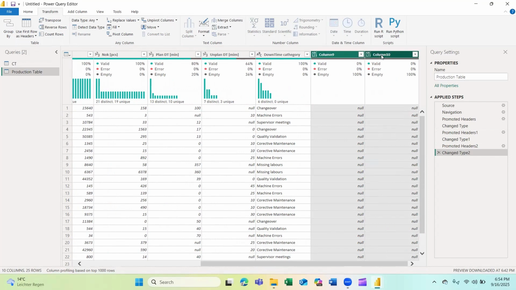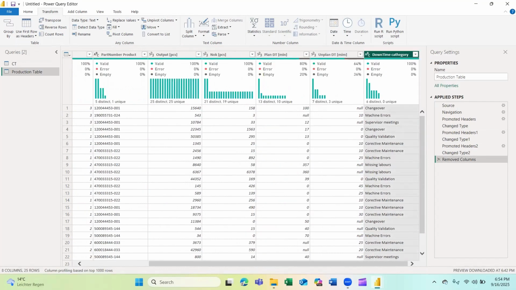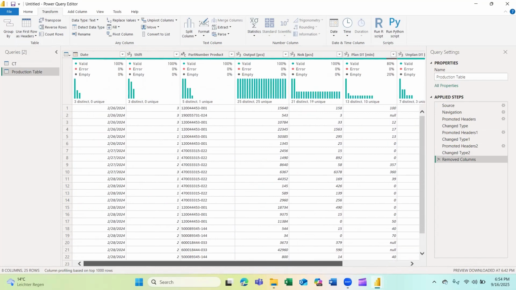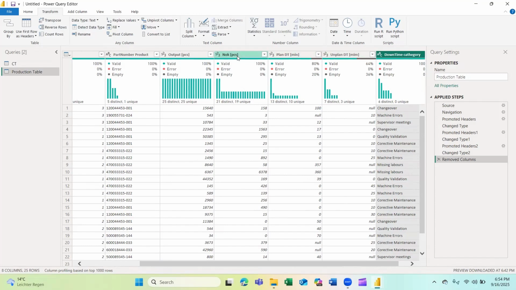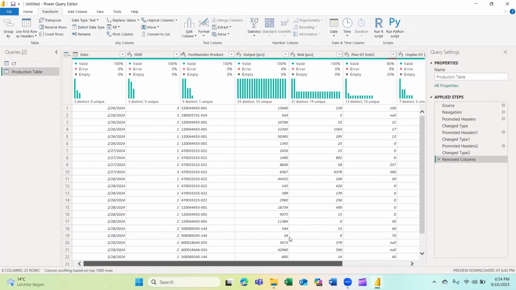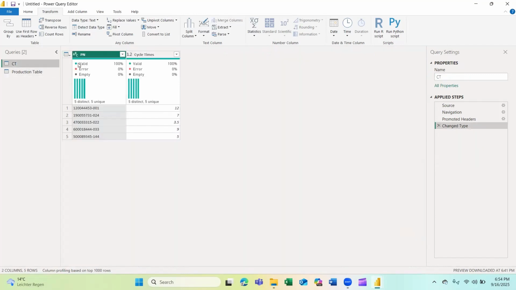We will delete the last two rows because they are empty, and the format of the table is okay. It is what we want. We have numbers, text, date, numbers, everything's okay. We're going now to the cycle time table. It's okay.